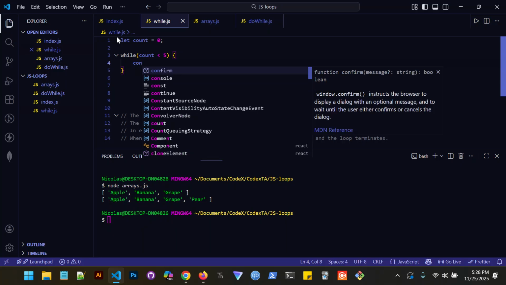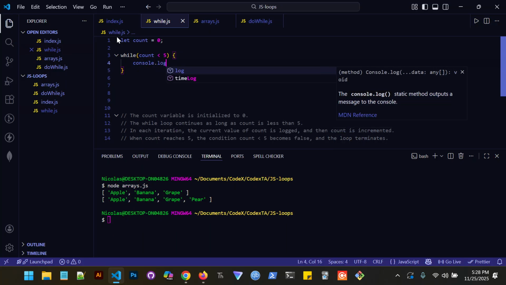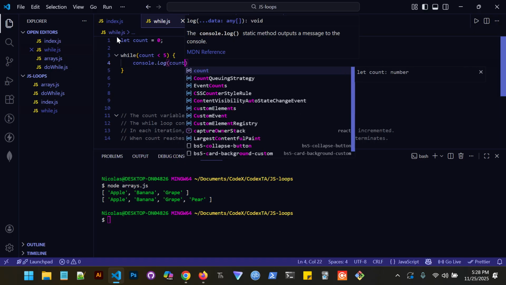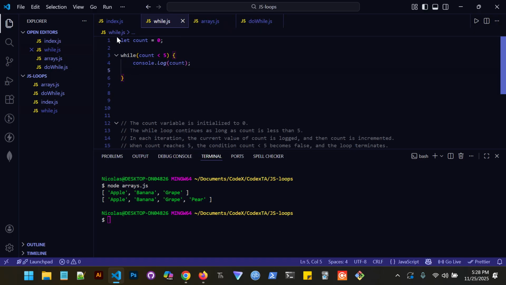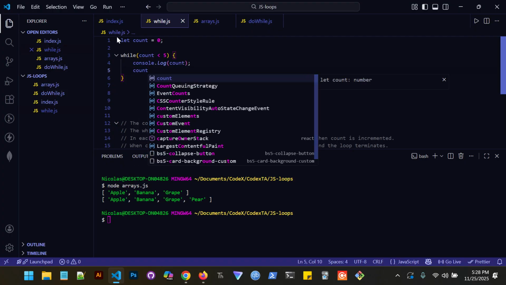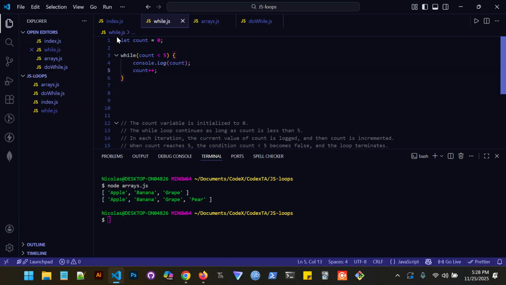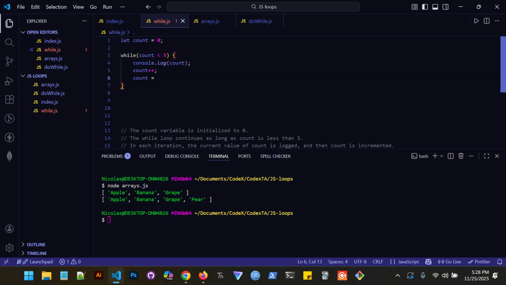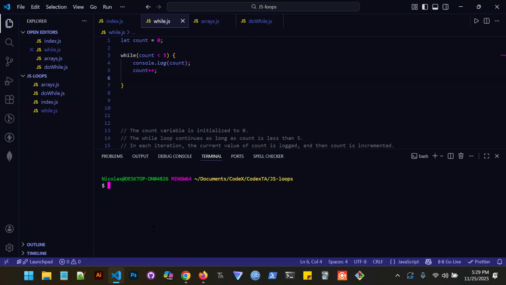We will console log the count, and then after we log the current count, we will add to the count. So this plus plus is going to be the same as the counter pattern that you learned previously. It's the same thing as count plus 1. It's just a shorthand way of doing that. So we'll run our file,